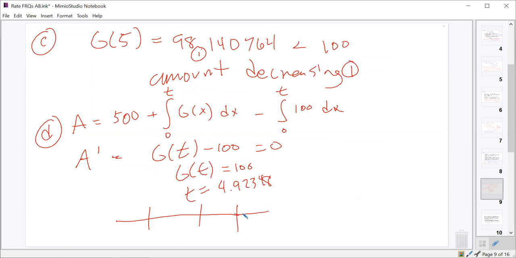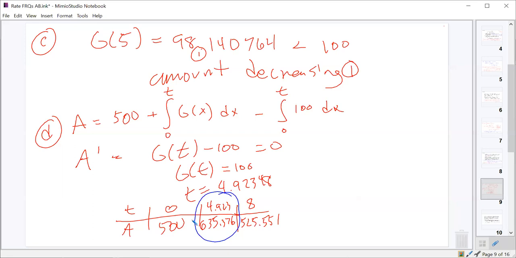And we make a little chart here, values of t and values of a, our final amount. At 0, at 4.923, and at the endpoint of 8. Plugging in 0 gives you 500. Plugging in the 4.9 whatever gives you 635.376. And plugging in the 8 gives you 525.551. And so we would see that the maximum amount was 635.376, and that occurred at